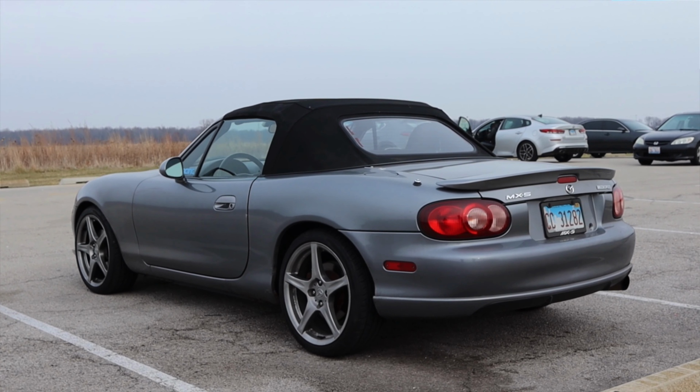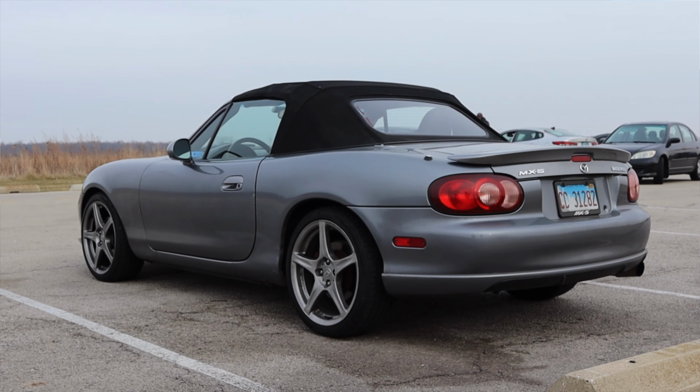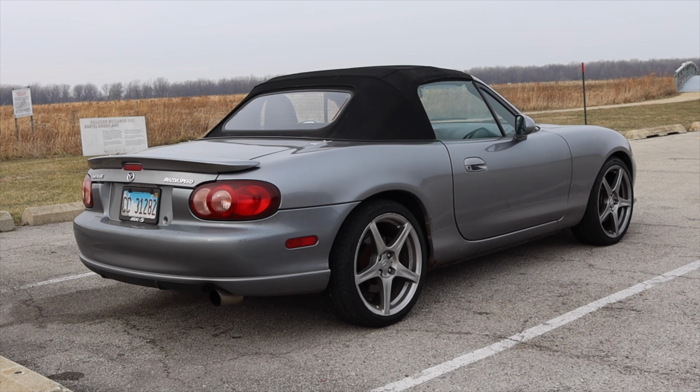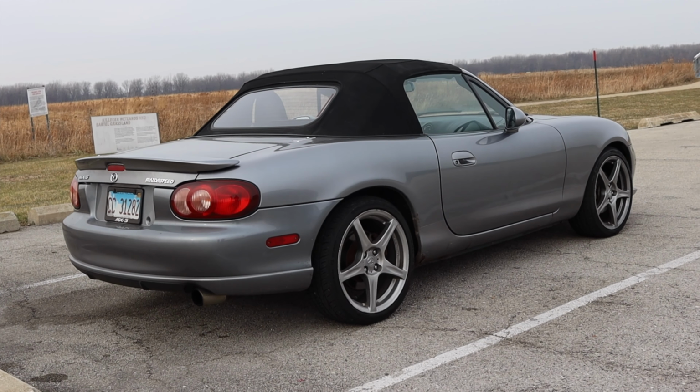We will talk about the convertible top. It is operated the same way that all first and second gen convertible tops are operated. There's two latches on either side, and then you pull it down. Now, I will not be opening the convertible top today because it is 31 degrees outside, and I forgot my